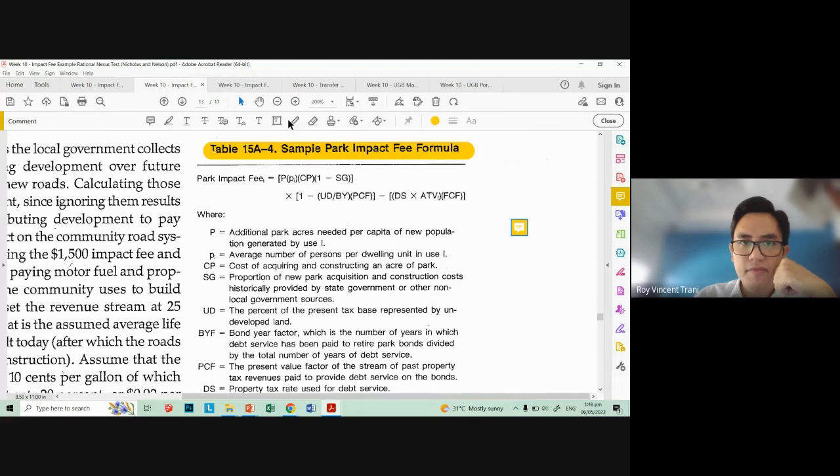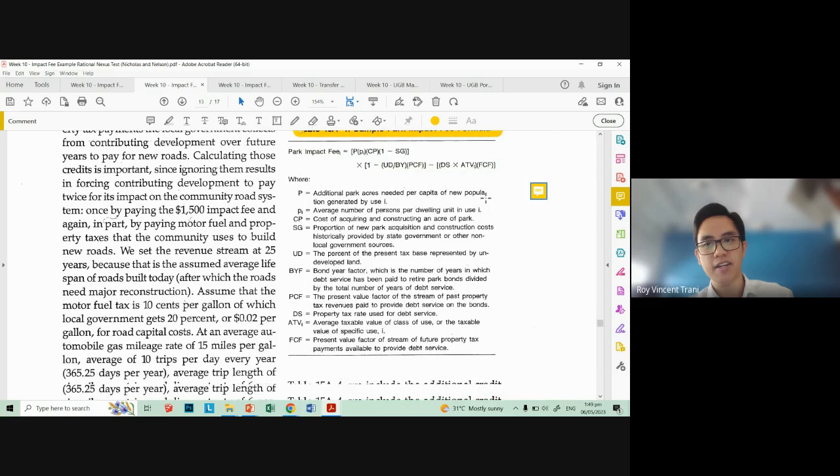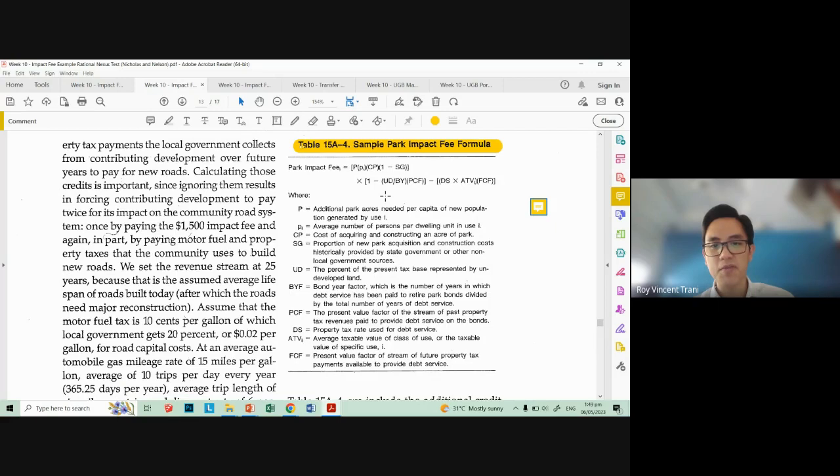So let me zoom out a bit. This first part here is the cost of creating the park. The second part here is the bond year factor, the present value factor, and then the next part here is the tax rates used in that community. So again, it's just a sample. It might not be so applicable, maybe if we have the information on bonds and tax base for Cebu, but